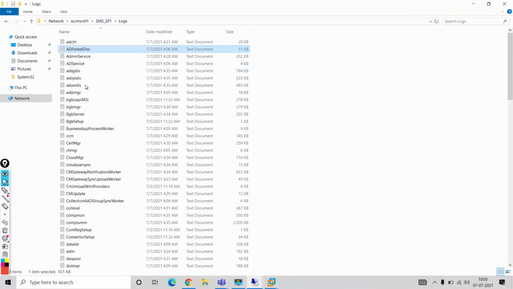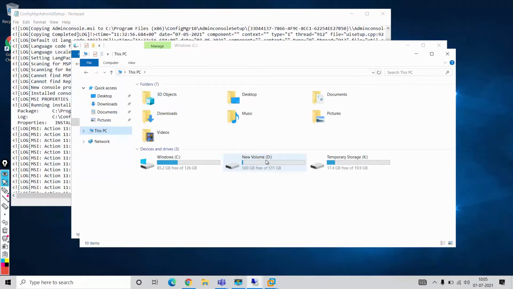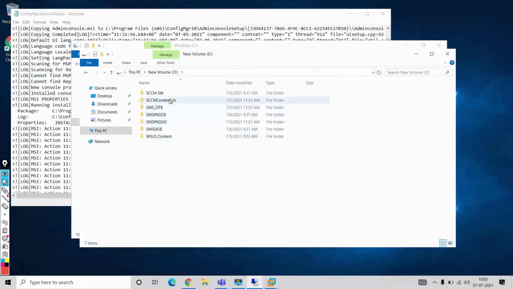Let me just find this folder on the SCCM server.